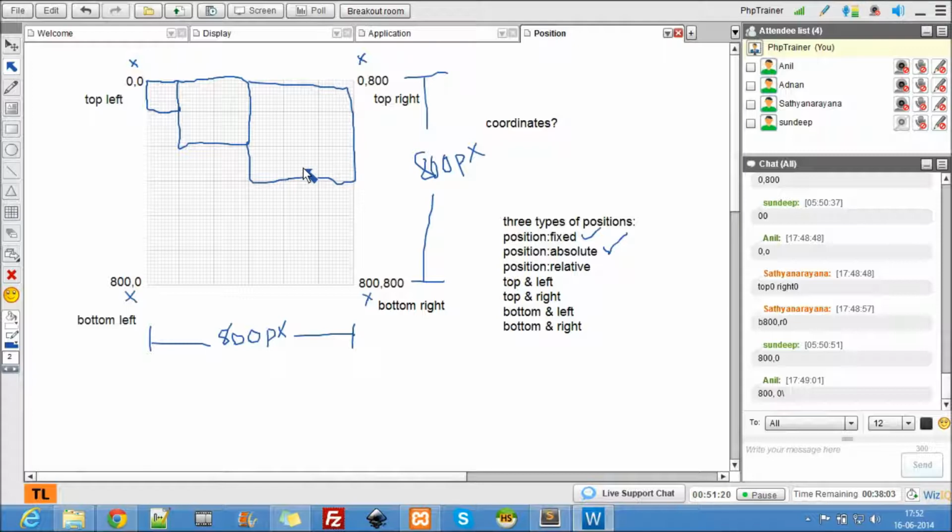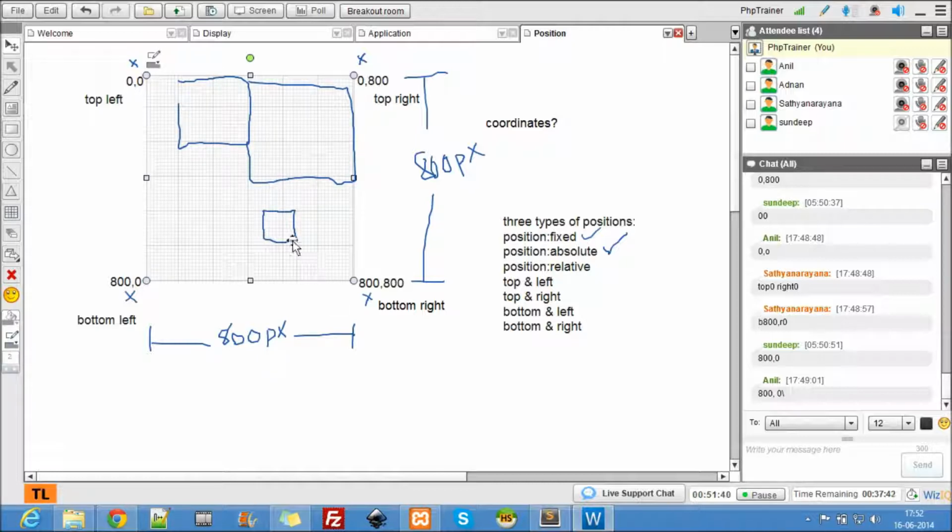Now what is absolute? Absolute is saying that place this div somewhere here using the coordinates. Place this div here.